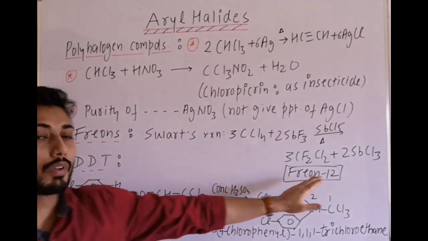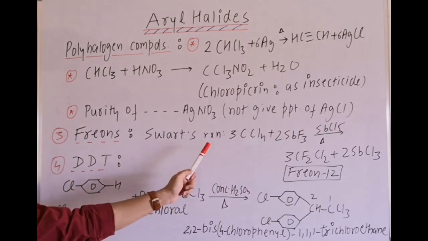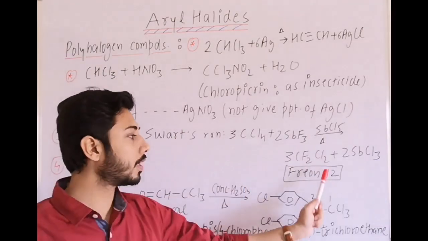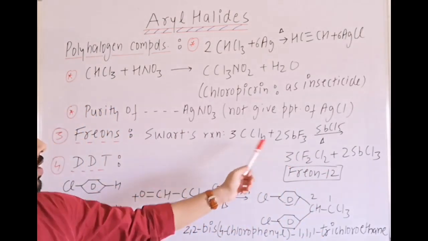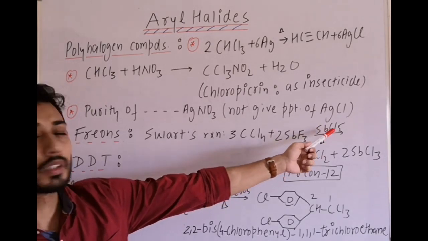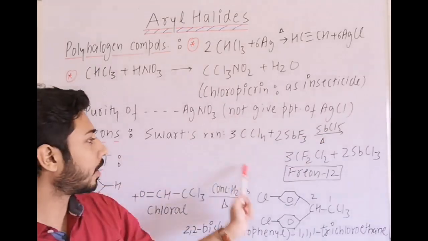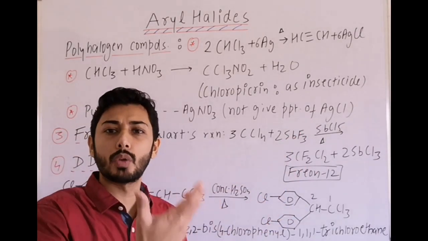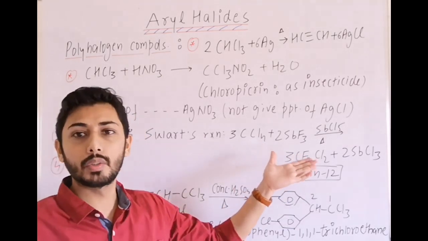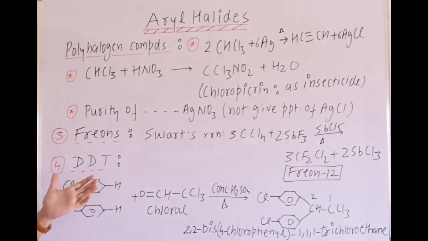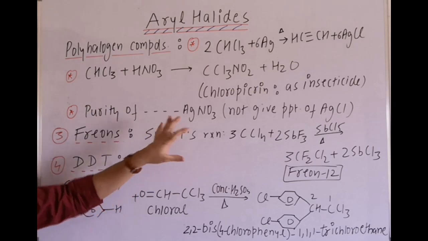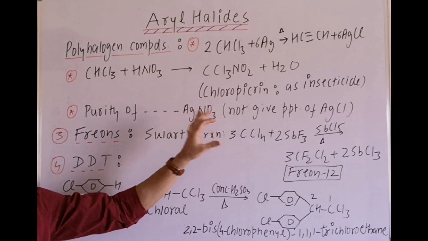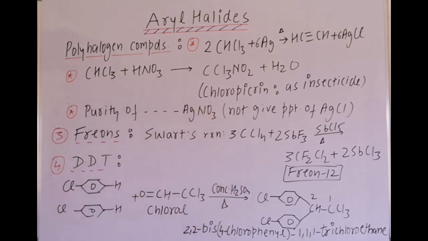We can prepare freon 12 by which reaction? By Swarts reaction, and we use tetrachloromethane, and with Swarts reaction we prepare freon 12. What is that reaction? CCl4 with SbF3 in presence of SbCl5, heating, converts it into CF2Cl2. So that is what is given in NCERT. We can prepare by Swarts reaction. I am giving you the reaction here. Clear? Then other points are like it depletes the ozone layer or destroys the ozone layer by initiating the free radical mechanism or free radical reaction, chain reaction.